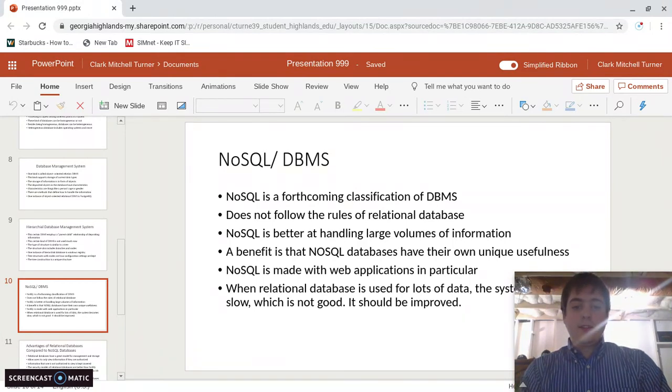A benefit is that NoSQL databases have their own unique usefulness. NoSQL is made with web applications in particular. When relational database is used for lots of data,